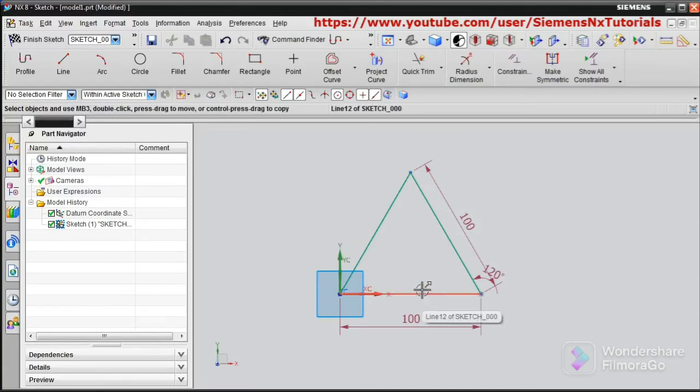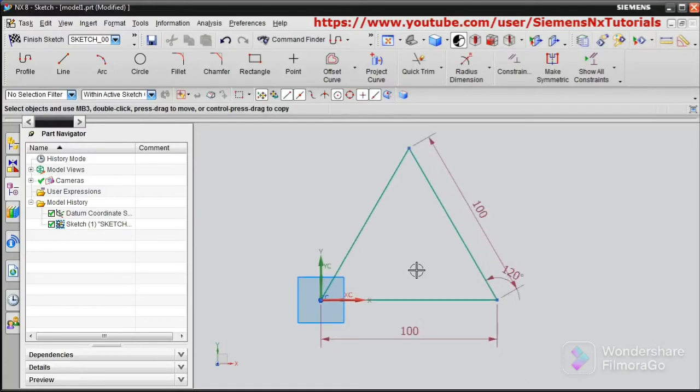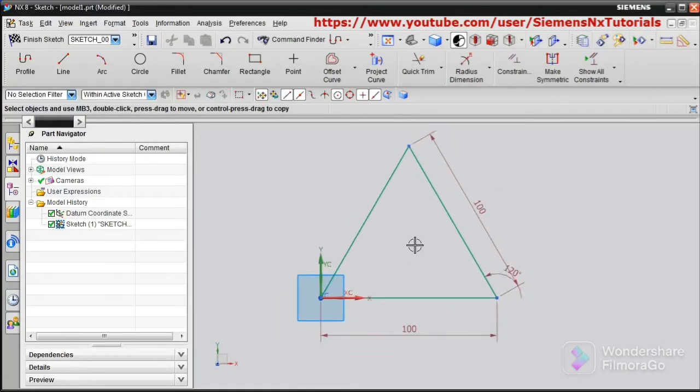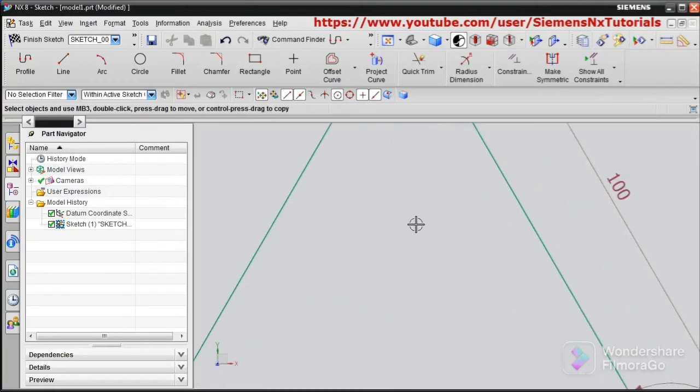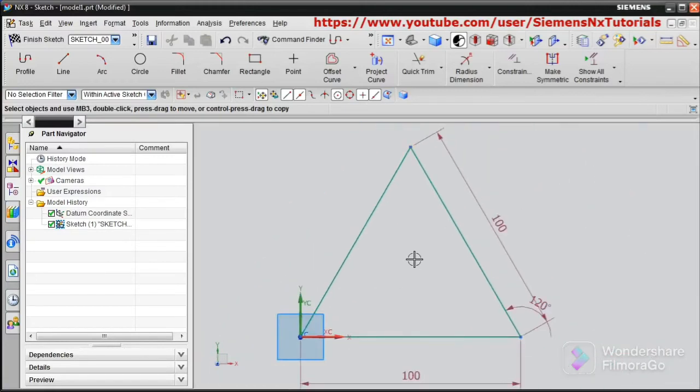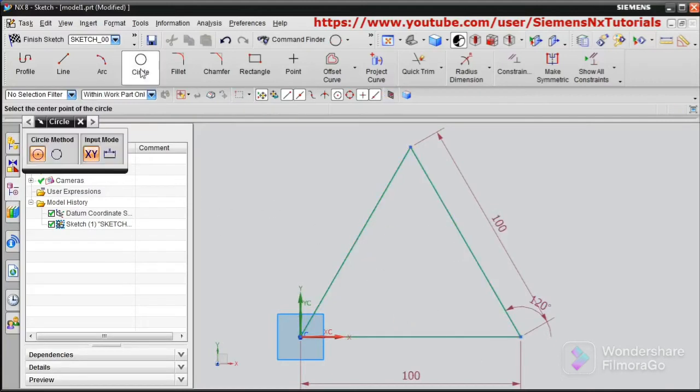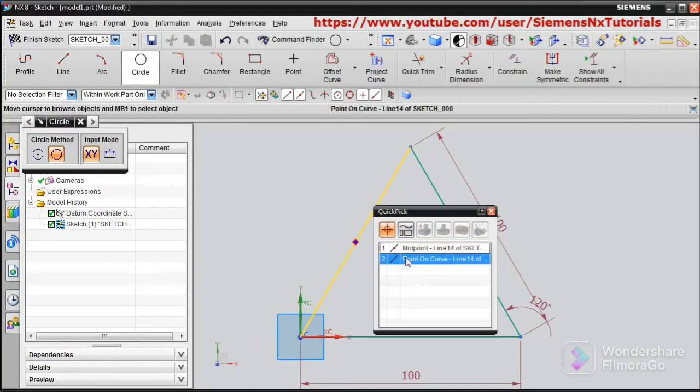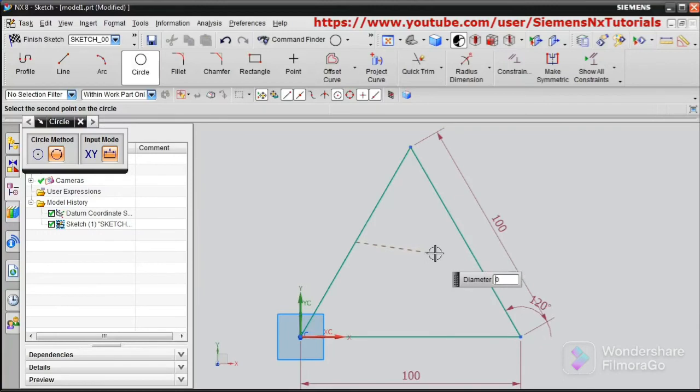Suppose I want a circle. You can zoom by rotating your scroll button towards the user for zoom plus and towards the monitor for zoom minus. Suppose I want a circle which will pass through these 3 midpoints. So I will take circle, then 3 point, then select the midpoint here. Here is the midpoint. A square box is coming there, so that is the midpoint, and here also the midpoint symbol is displayed. So click on that, or from here also you can select midpoint, then again